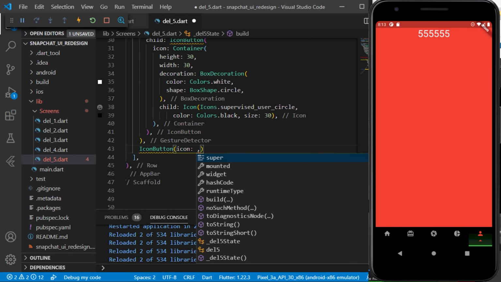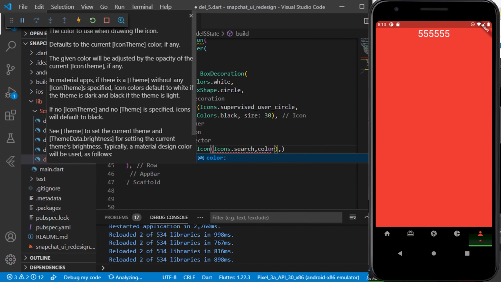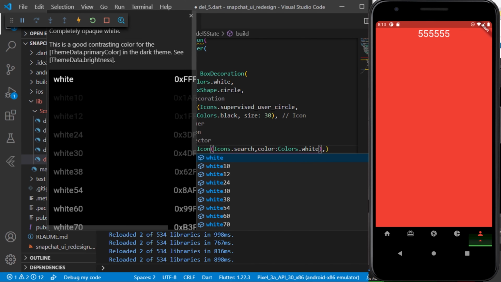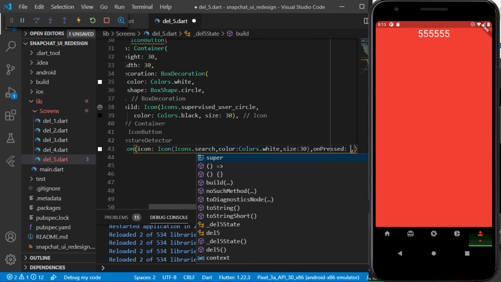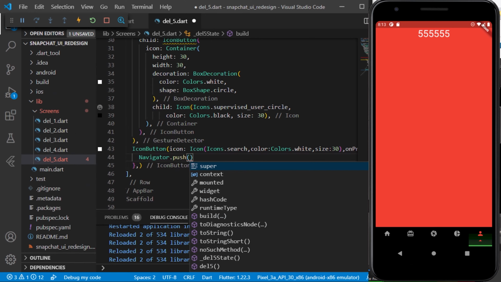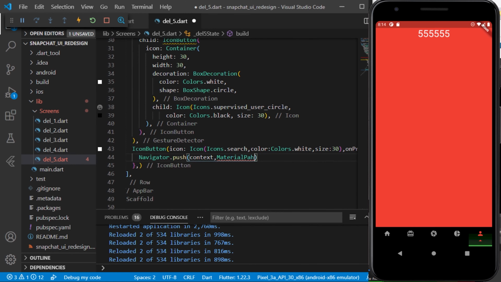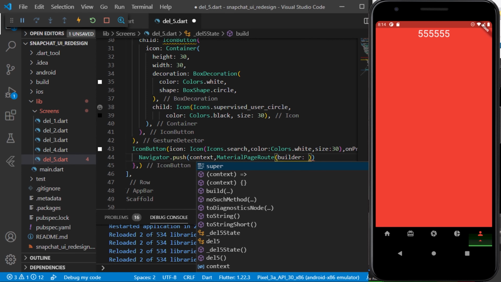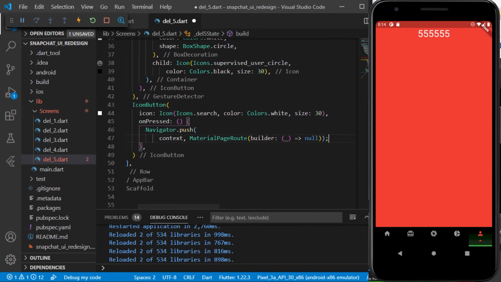Now next thing which we will be having is a search button, as it is in the original Snapchat UI, tapping which a search screen will be opening, and we can search all the items accordingly or all the users accordingly. So I won't be covering the backend part in these videos, like the searching part and other stuff. I'll be only covering the UI part. So when we'll be clicking on that search icon, we'll be pushed to another screen. For now I have set the screen as null.